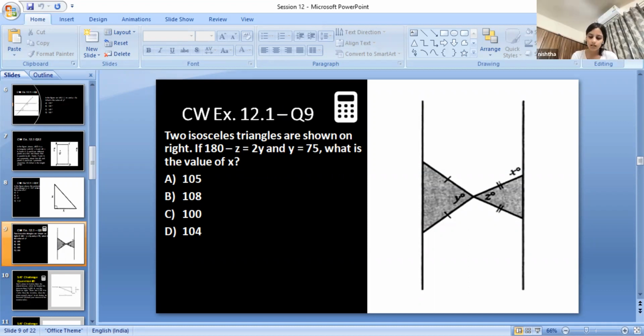Option A. Yes, sir, A. Okay. One. A option. Yeah. ठीक है डिस्कस करना है किसी को